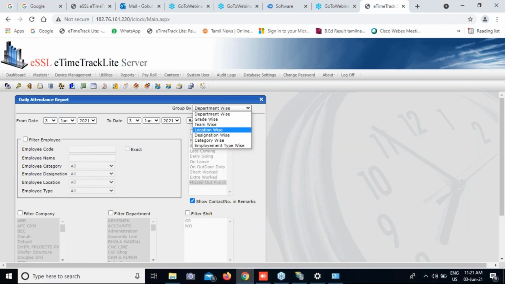Okay, sir. Any other doubts, please? One more thing I want to know, sir. In the scenario where we have a machine in the Delhi location and one machine in the Bangalore location,